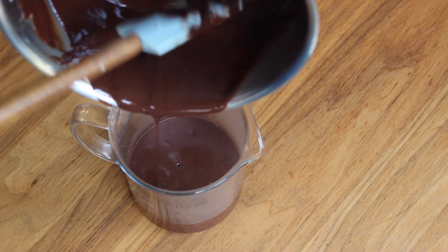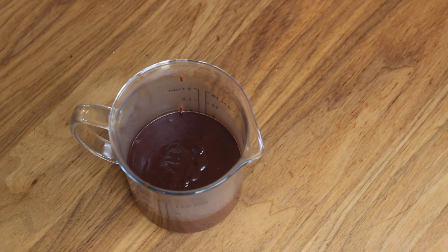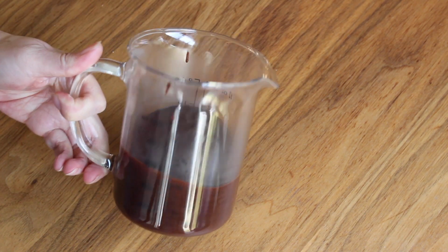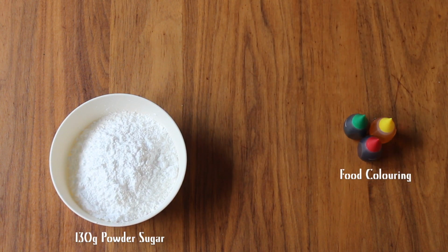For ease later, pour the hot ganache into a pourable jug and let it cool down a bit. In the meanwhile, let's make the icing topping, where you'll need...